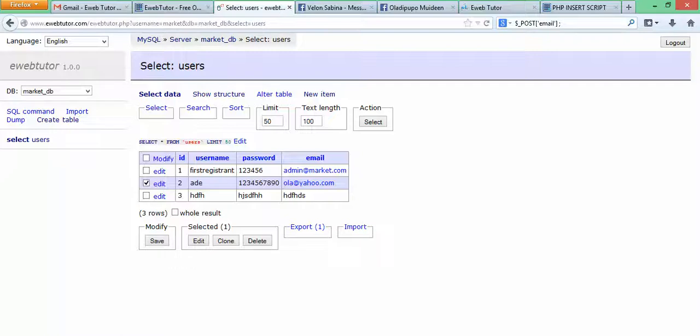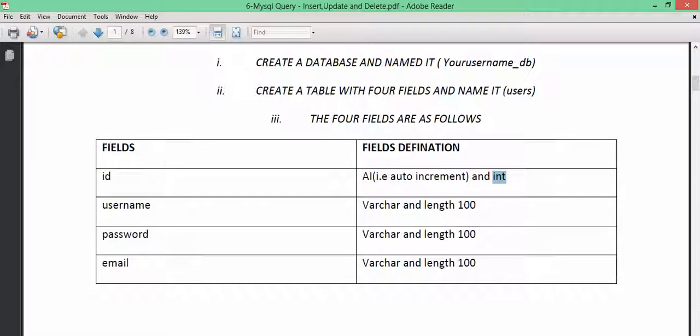So note, for any table you want to create, it is advisable that the first field you always make ID, and give it auto increment compulsorily, and it must have integer as the data type. So for any table you want to create, irrespective of how many fields, this one now we only have 3 fields that we input: the username, the password, the email, but if we want to put telephone number, matric number, we want to add new fields. Irrespective of how many fields you want to add, just make sure that the first field is ID, and give it auto increment, and